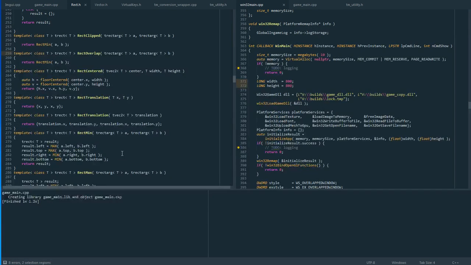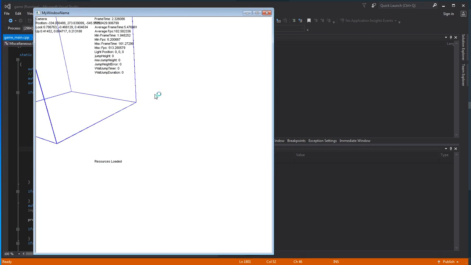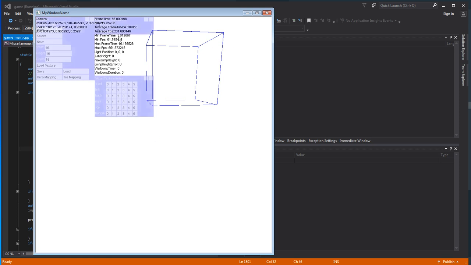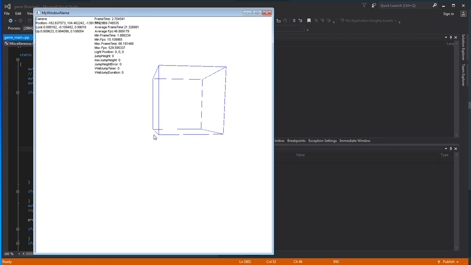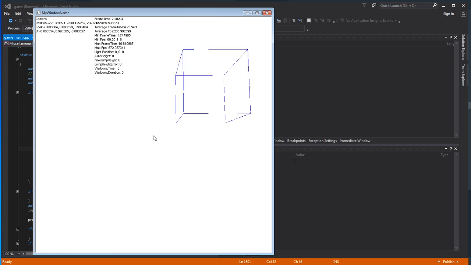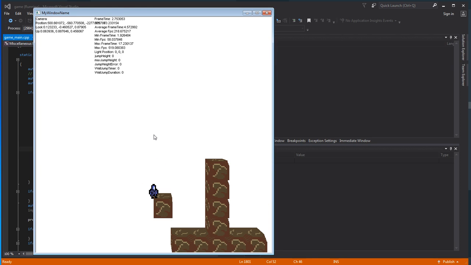I didn't recompile again. Okay, this is fine. So changing, making the game bigger,